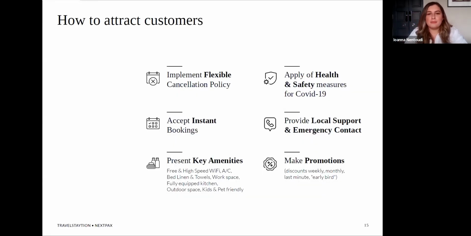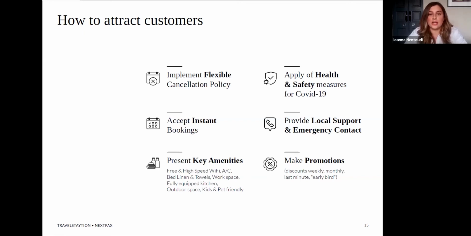And finally, besides analyzing the booking trends and all the analysis, we have identified some key requirements that many of our guests were demanding a lot for the past year. And we believe that for the hosts, for the property managers, applying these features can make their properties more attractive.